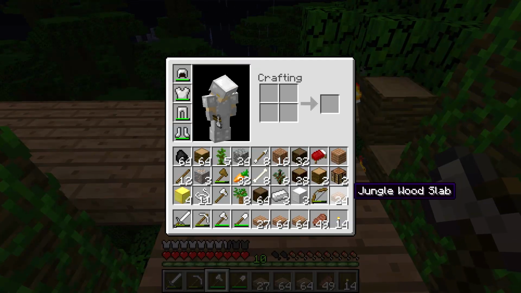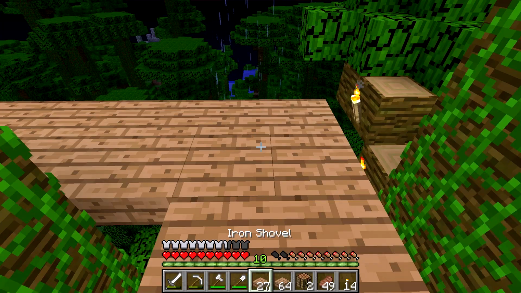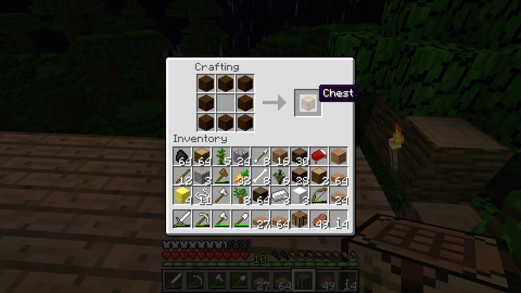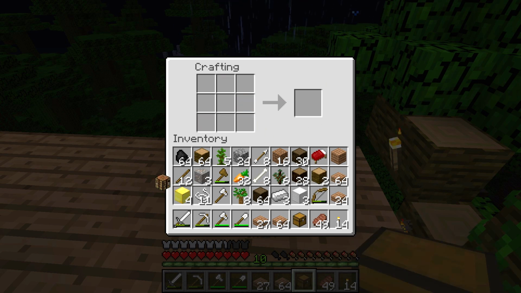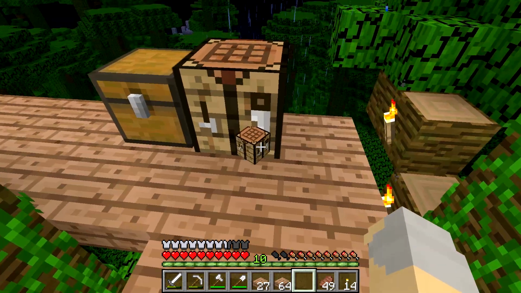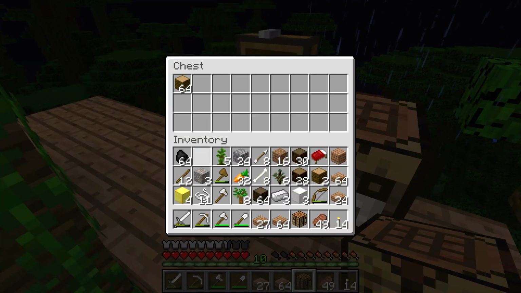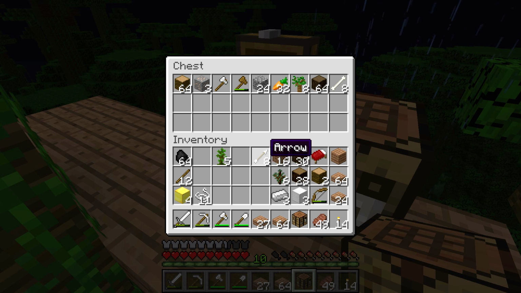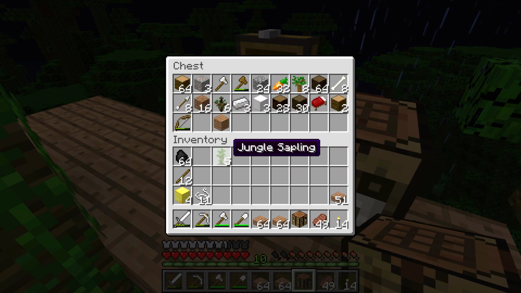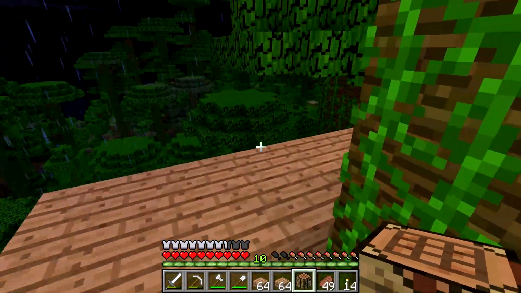And then we'll quick use one of our crafting tables to put right here. And then maybe we can take some of that to make another chest. And we'll just put that over there for now. Yeah, this should work. And then I can put pretty much all of this stuff back into the chest where it belongs. The jungle wood I'm going to need. I don't know why I'm putting that away. But